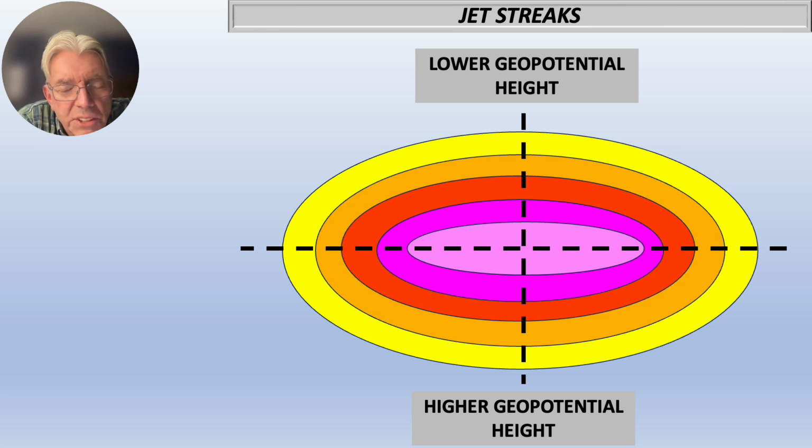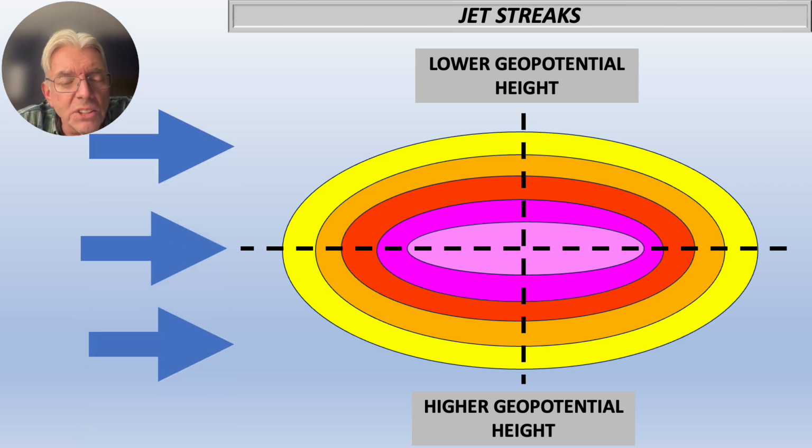Now, it turns out that total energy is potential energy plus kinetic energy, and that sum has to be conserved, okay? So let's take a look now. Let's say we have 3 little arrows here. The top and the bottom one are not going to realize nearly as much acceleration as the one in the middle, okay? So these arrows representing the wind start to move into this jet streak,